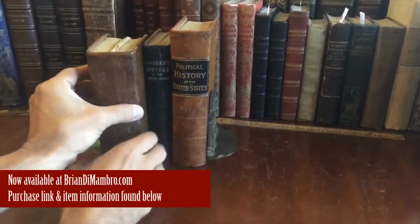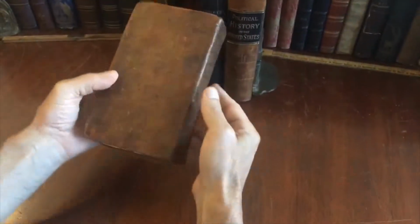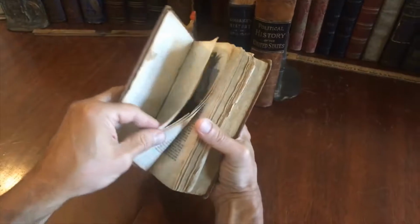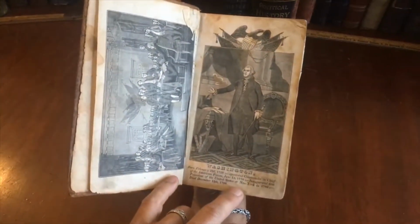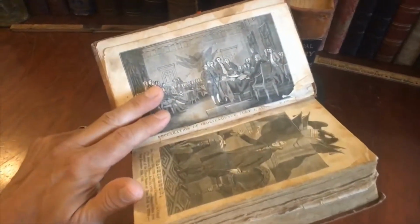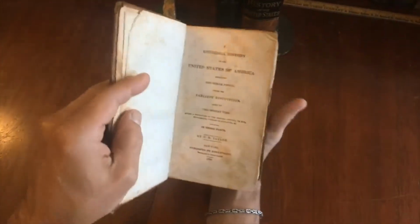Here is a very interesting lot of 3 American 19th century books relating to American history. Very interesting wood engraved portrait frontis here of George Washington, and here is the Declaration of Independence being signed there. The book is published 1838 New York. It is a universal history,